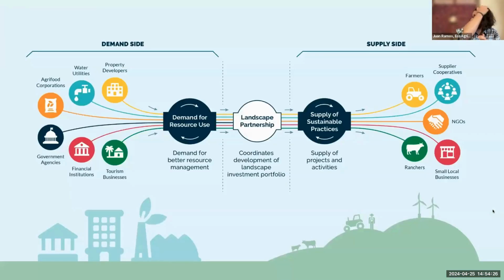And this, I think, shows the complexity and difficulty of working in this way, which is that there's a lot of demand for better resource management, for using those resources, or for at least proving that that is happening, because that's their responsibility or their business model. And that includes a wide variety of sectors, governments and financial institutions that are managing those risks and opportunities. And then on the flip side, you have the people who are really supplying what's actually going on in terms of practices, projects and activities.